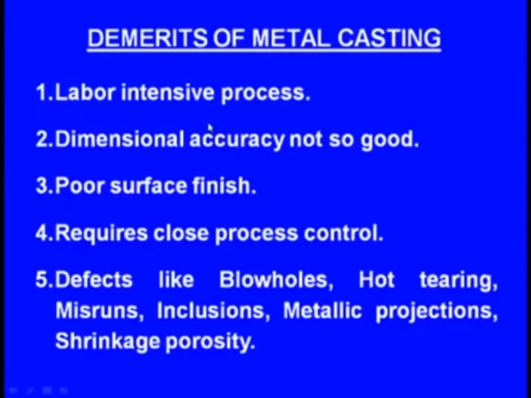This is a labor intensive process. What is the labor involved? Initially, what is the principle of the metal casting? If we want to manufacture a particular component of a particular shape, a similar hollow cavity of the same shape has to be created inside the sand medium. For that, one has to initially make the pattern, that involves the labor, and after that one has to carefully prepare the sand, and that sand has to be compacted around the pattern very carefully, and afterwards the pattern has to be withdrawn from the compacted sand medium.